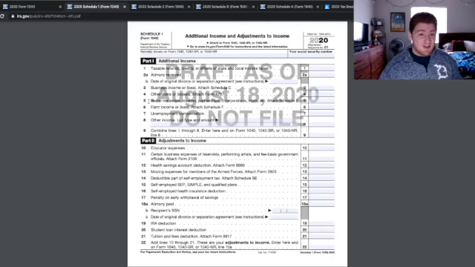Line 5 is another big one. This is like your rental real estate income, money from partnerships, S corps, trusts. So oftentimes you'll receive a Schedule K1 from partnerships and these flow through entity businesses, and you'll have to pay tax on a portion of their income depending on how much of the business you own. So those amounts flow through on your Schedule E, which comes to Schedule 1, which goes through to the face of the 1040. You can see it flowing through.